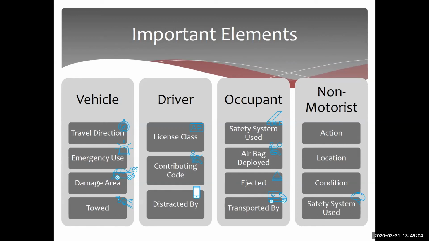Now, I know there's lots of reasons why these fields are left empty and lots of good reasons. So for example, if drivers and passengers are outside of the car before the officer arrives on the scene, then the officer doesn't know if the driver or passengers were belted in the car or not. So what the registry is asking is that you fill out that field with a 99 or an unknown instead